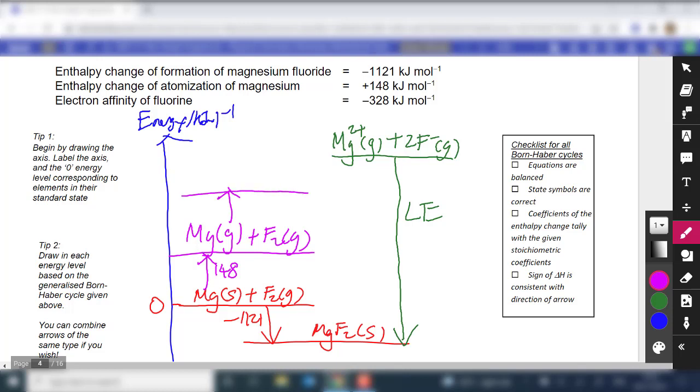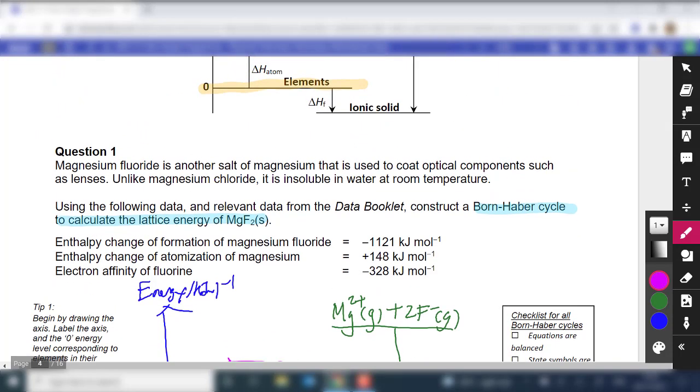Okay, but atomization for fluorine is not given to us, but we can go to the data booklets to find its Born energy. Okay, because 2 times the enthalpy change of atomization of fluorine is equal to the Born energy. Okay, if you are unsure why that is the case, it can easily be shown. Because by definition, atomization enthalpy for elements looks at the number of moles of gaseous atoms formed. So in this case, atomization for fluorine is defined as half F2